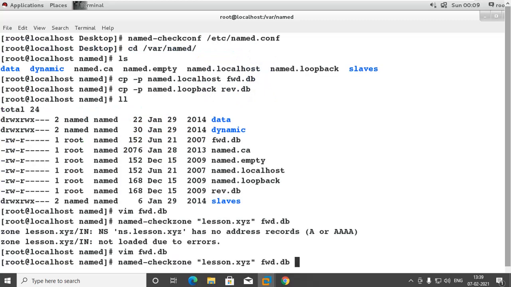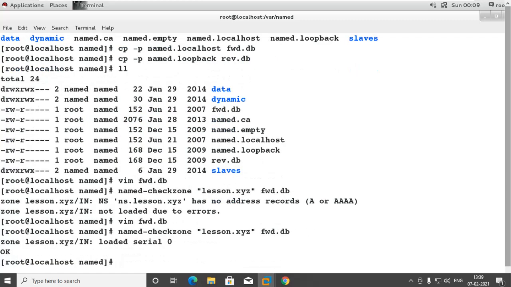Now there is no error. So forward.db is ready. Now we will make the same for the reverse lookup.